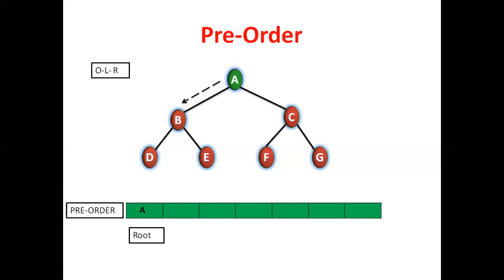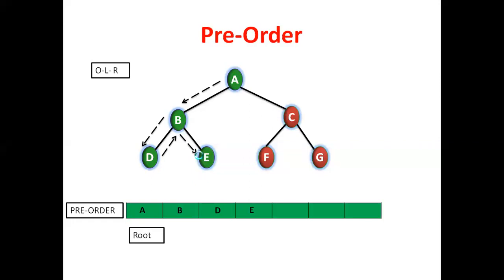Again, I'm explaining here. A root completed and BD is the subtree of A, right? In the subtree, B is the root node, right? Visit that root node first of all, right? Then after go to the left of B, check whether it is a subtree or not. It is not a subtree, right? Because only one node is there. That's why you are visiting only the left part of B. So D is visited. Then after go back. What is the right part of B? That is E. So E is visited.